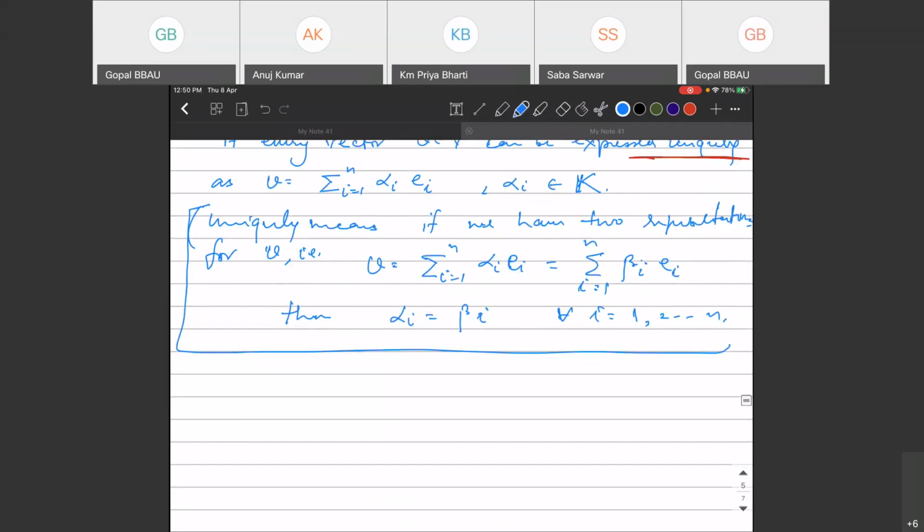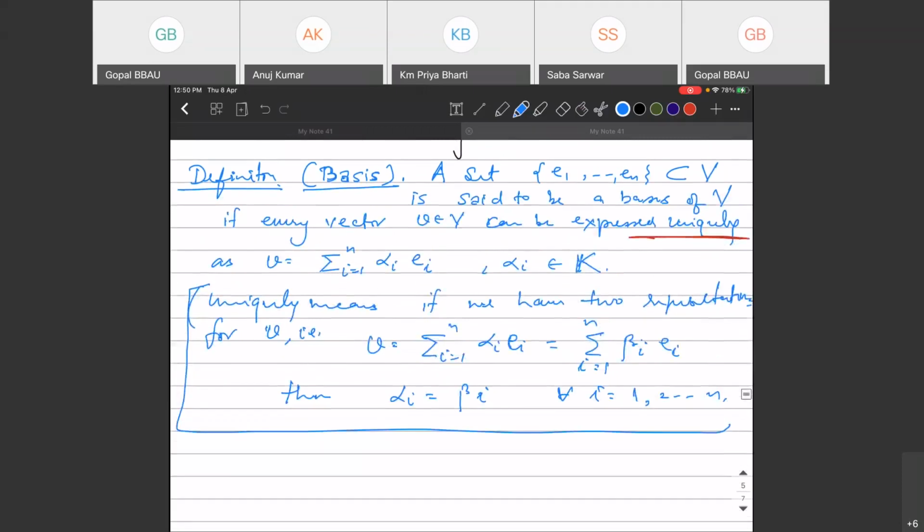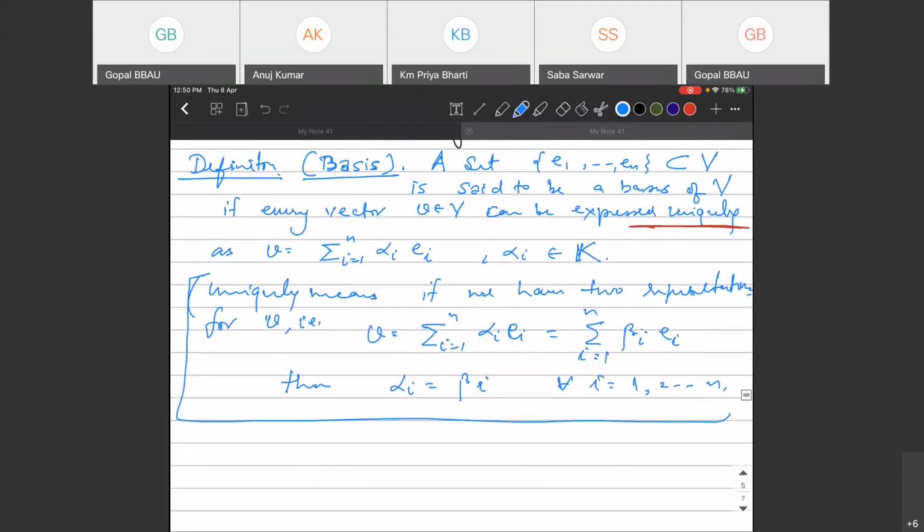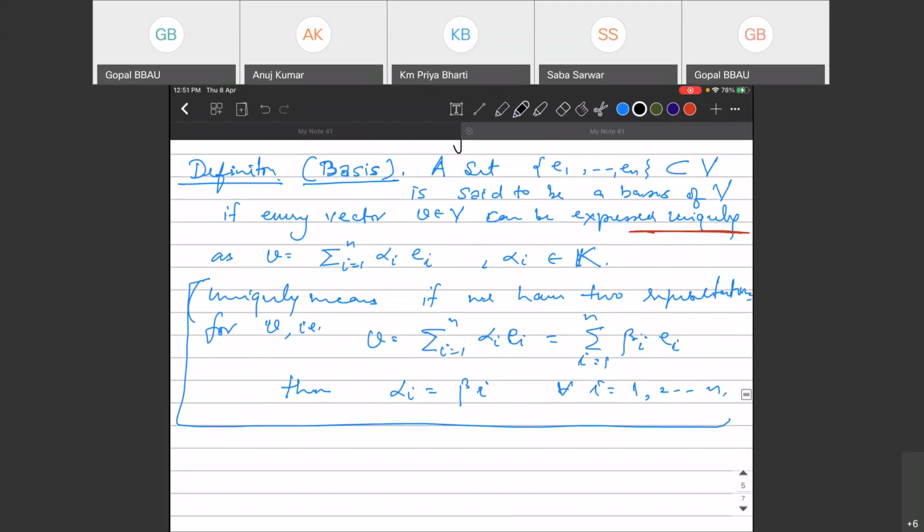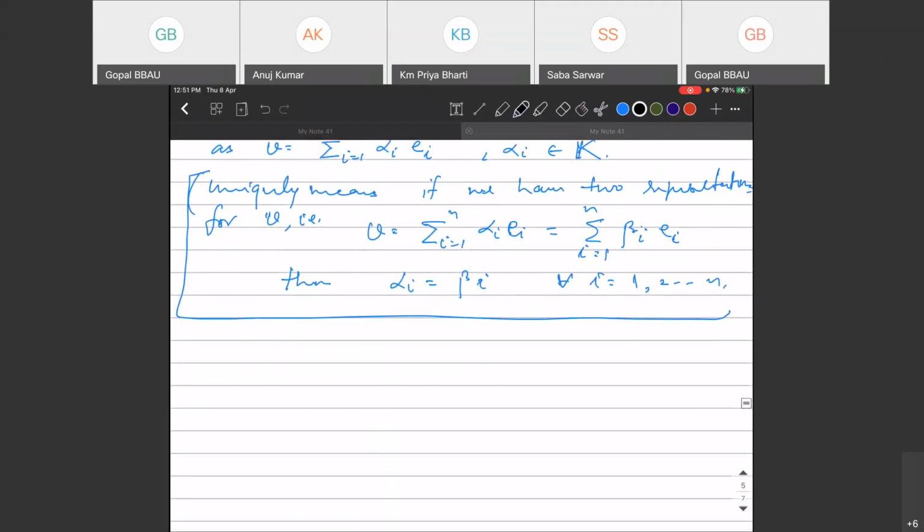So from the discussion that we had in the last lecture and today's lecture, we discussed two notions. If you remember, we discussed the span of a set, and another discussion is about linearly dependent and linearly independent sets. So from this discussion, you may observe that there is an equivalent definition of basis. What is that? Equivalently,